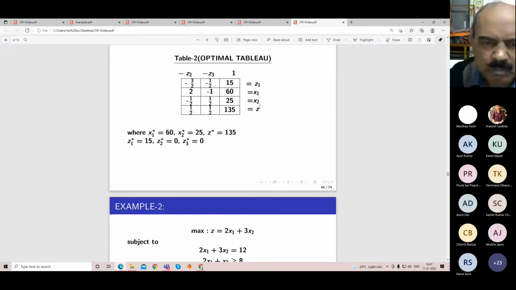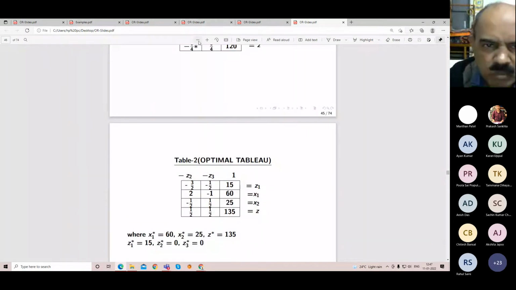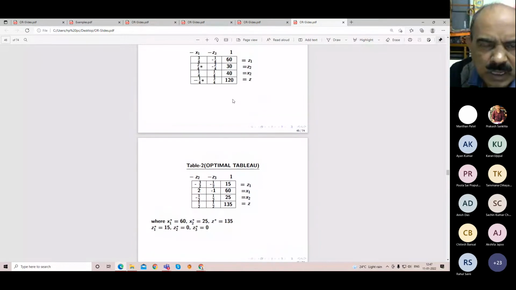Now how to fill it up? I will make it smaller inside so that you can realize. This 2 by 4, in the next table it will be the reciprocal. This 2 by 4 means it is half. Half is becoming 2. Now in the same row, you divide by half or divide by 2 by 4. So the second row, second element, if you are dividing by 2 by 4, is becoming minus 1. And this 30 is becoming 60.